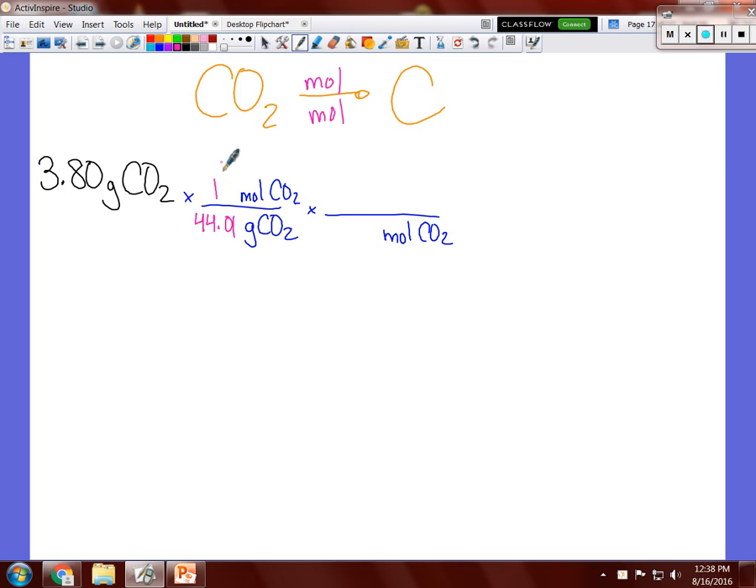This next step is the new step for you guys that you may have never done before. And if you have, tell me, because I don't remember if we did it or not. It is called the atom to